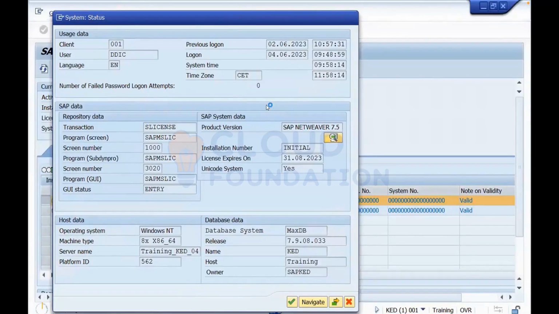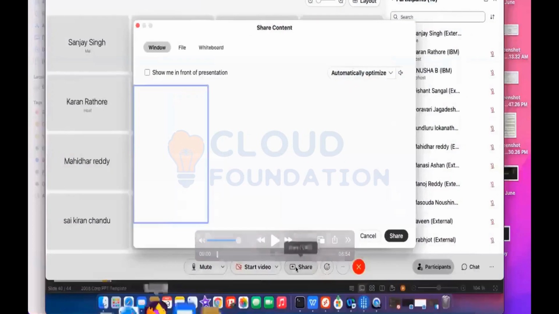Here we have different components. Whenever we install any SAP product, there could be hundreds of components. If our component is having any problem, we can download the note. We can go to this site. The site name is